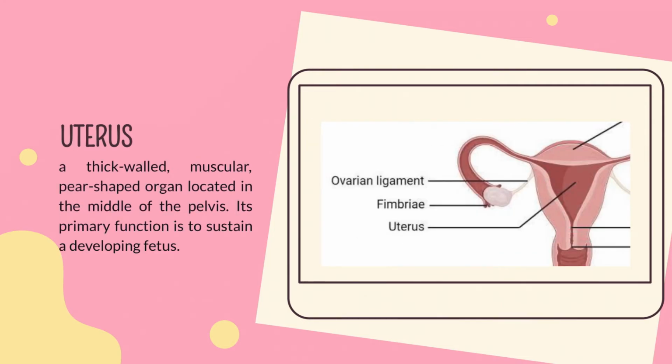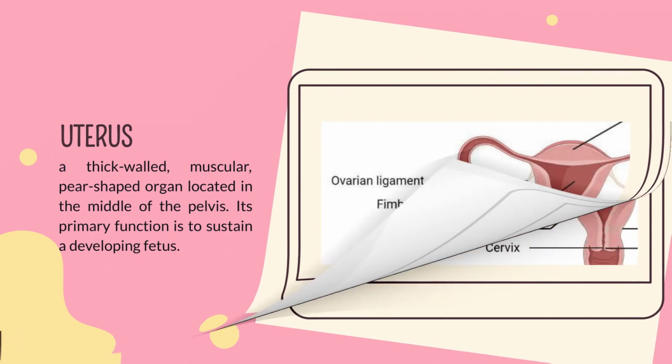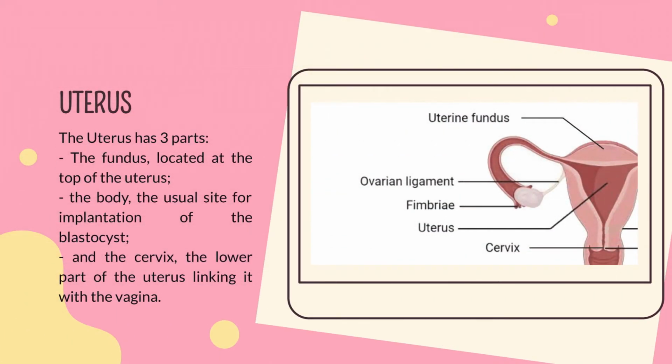The uterus, a thick-walled muscular pear-shaped organ located in the middle of the pelvis. Its primary function is to sustain a developing fetus. In adults, the uterus is 3 inches long, 2 inches wide, and 1 inch thick, but enlarges 4 to 5 times during pregnancy. The uterus has 3 parts: the fundus, located at the top of the uterus,